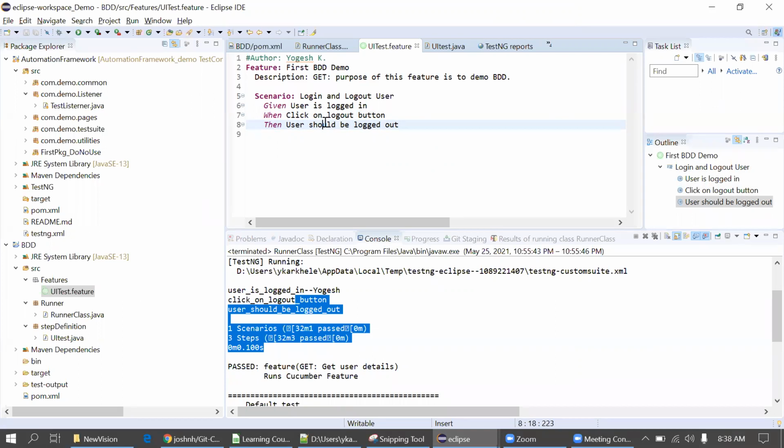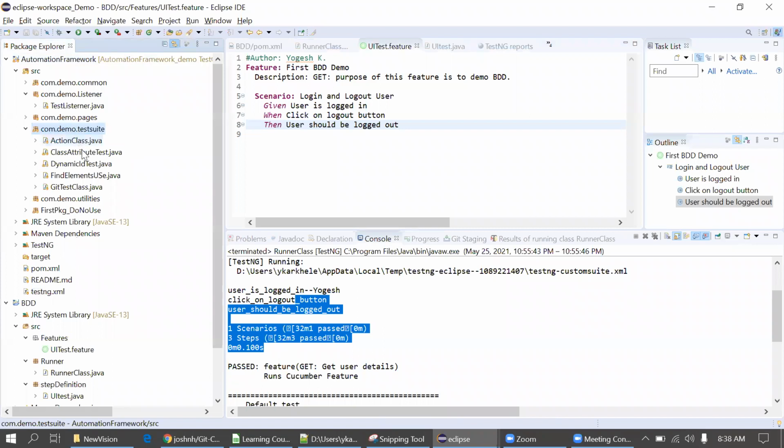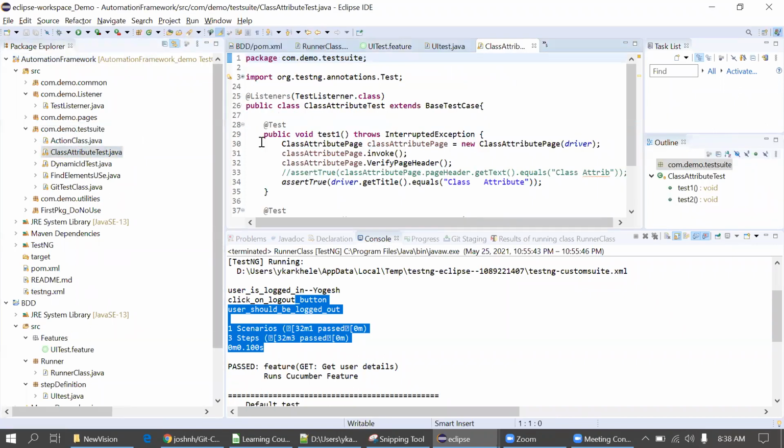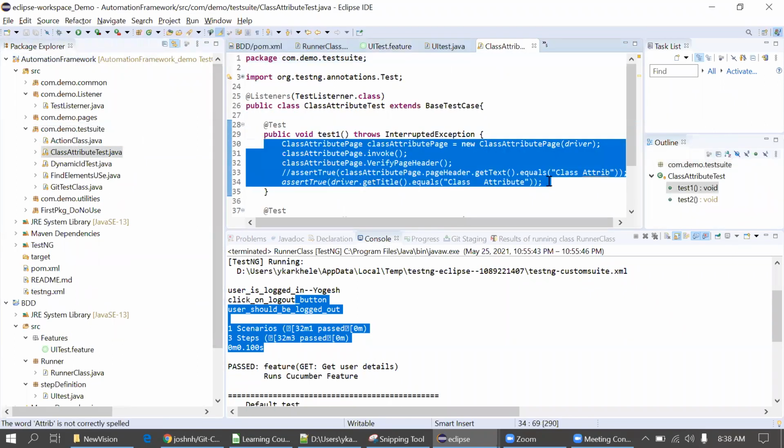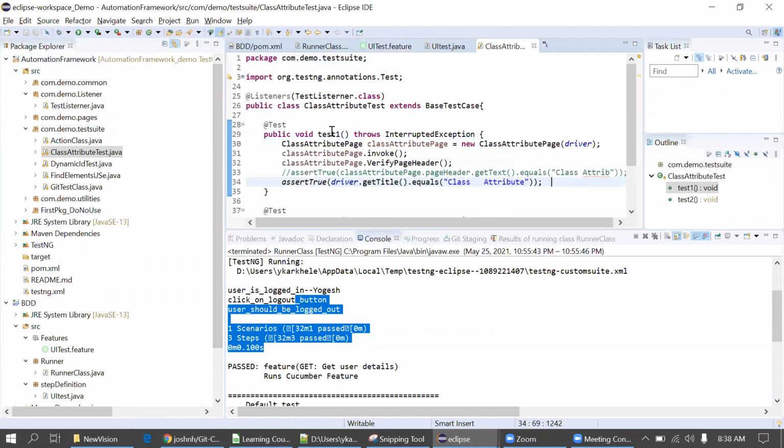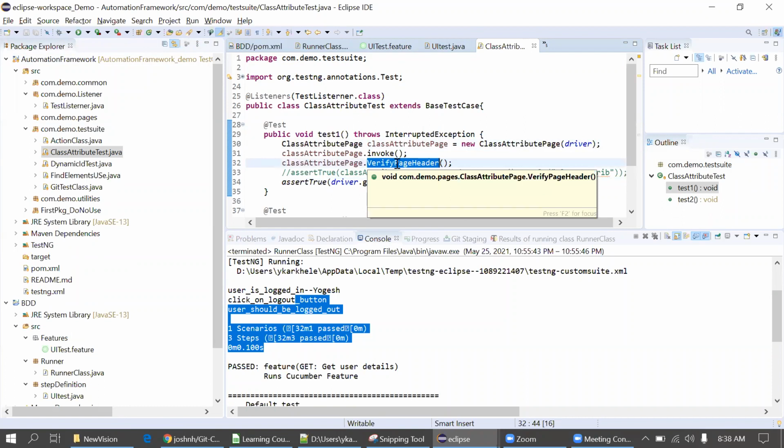We actually have other models like Page Factory, and we are working with Selenium. What happens in some cases is the business team won't be able to understand this technical code. Suppose we are working with the Page Factory model and writing test cases this way. Because we have created the object of the class and we are just verifying the header, the business team won't understand these technical things. So for that purpose, we use BDD.